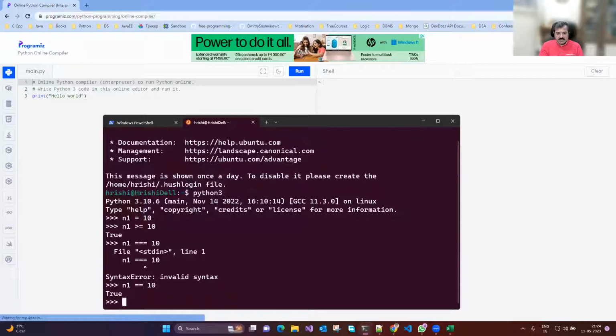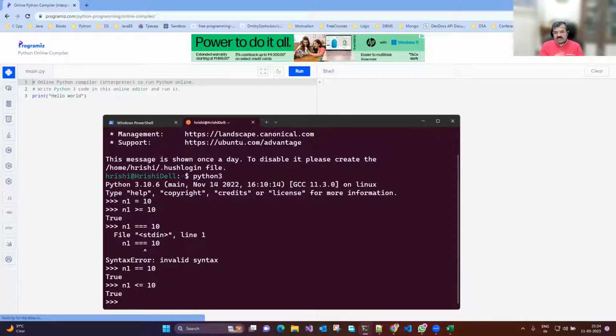Then I check n1 greater than or equal to 10? True. Less than or equal to 10? It says True. So I checked three things: is it equal to, is it greater than, is it less than, is it less than or equal to. If I say n1